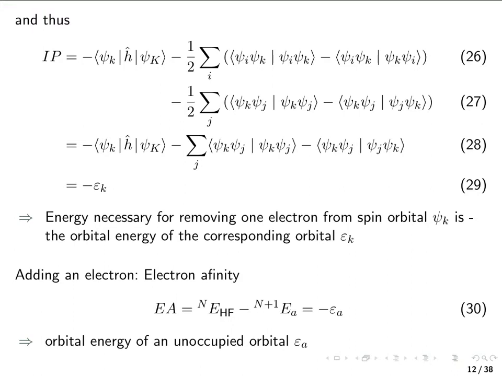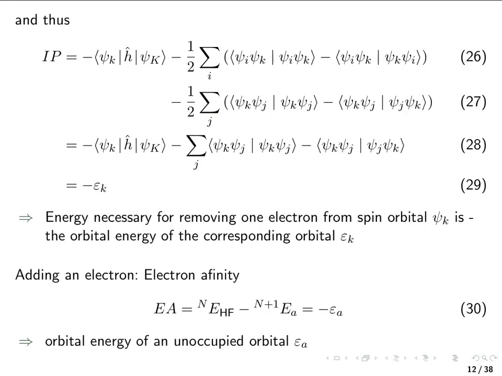If we now subtract the two from each other, in order to calculate the ionization potential, then we get minus here the kinetic energy and electron nuclear attraction integral. And for the electron repulsion terms, we get two contributions. We get one where from the original sum over j, we only have k left, that gives this integral, and we have still all occupied orbitals for i. And vice versa, we get it where for the orbital i, we only have k left,